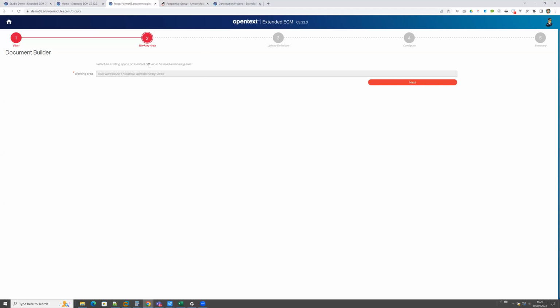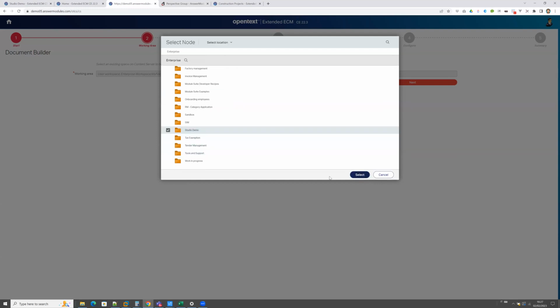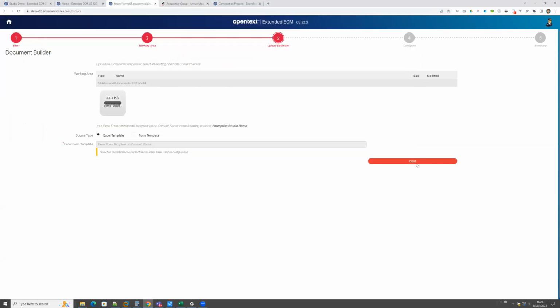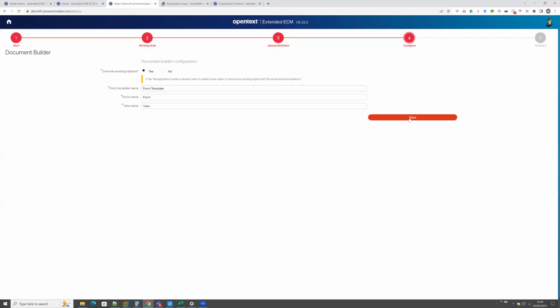In order to create that one, you just have to select the space in which you want to create this solution, and then you provide the configuration file, that can be either an existing form or a new form to be created. So let's select a new one in this case. What the system will do for you is create all the form template, the view, and the scripts that are required to manage the synchronization of placeholders, etc. Everything will be created and configured by the application.